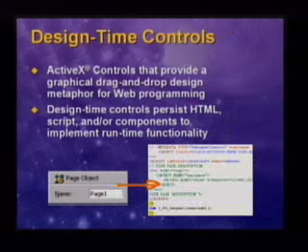Now, let me review design time controls a little bit. I've talked about ASPs and their event model and the scripting objects. Those scripting objects on an ASP are obviously UI-less, and really are just COM objects, or can be thought of as COM objects, running up on the server. Design time controls are a kind of wrapper on top of that, which allows you at design time to drag something off the toolbox onto the page, define properties for that thing, and make it look the way you want it to look. That'll set state for when the ASP runs, and then the script object will take that into account